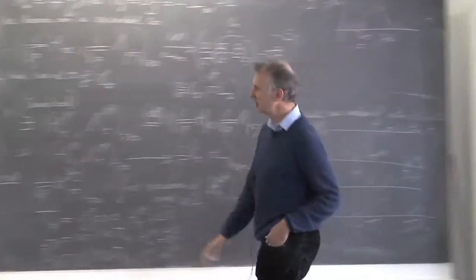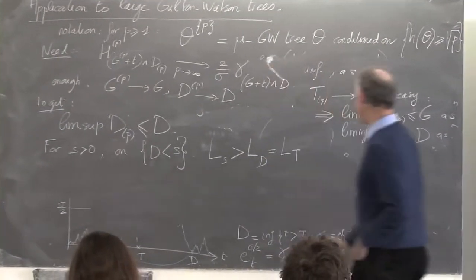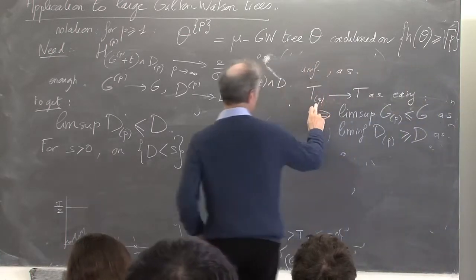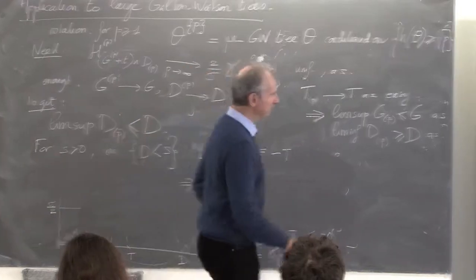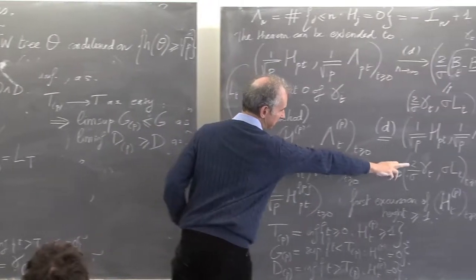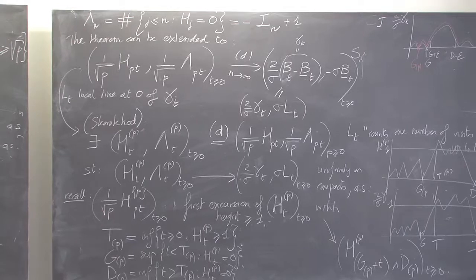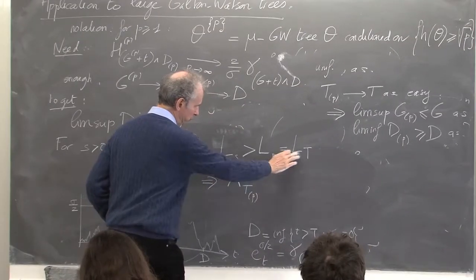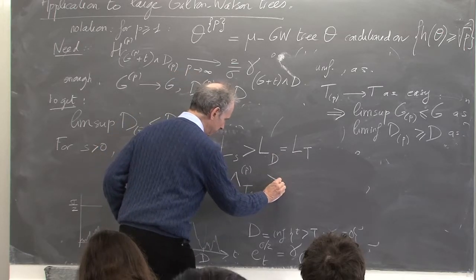So this is the same as the local time at capital T. And now I use the fact that Tp converges to T, and the fact that my processes lambda p here, they converge to the local time. So this object, in fact, is going to converge to Lt. So it's going to be greater than